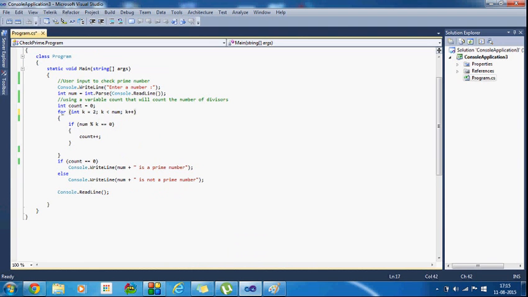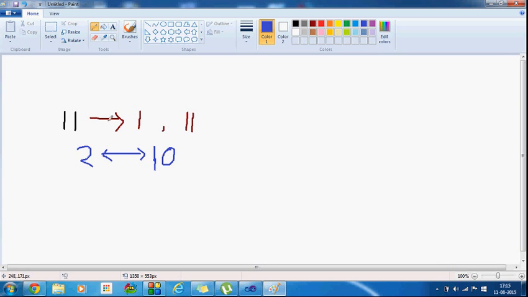So I have taken first int k equal to 2. Why have I taken k equal to 2? Because 11 is divisible by 1 and by 11. So I have taken from 2 to one less than that number, means 2 to 10.